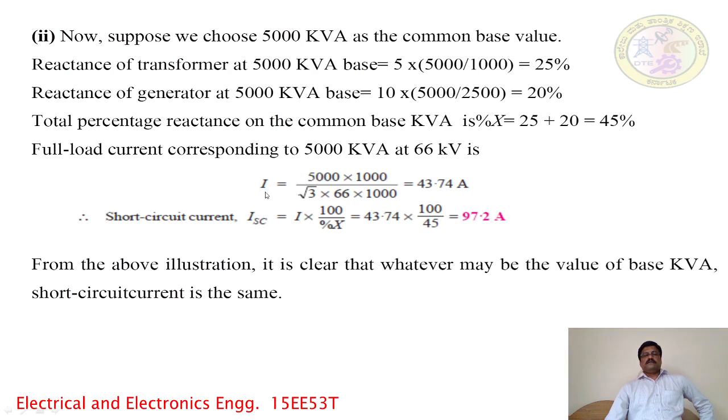Therefore I equals 5000 into 1000 divided by root 3 into 66 kV, which is 43.74 amperes. Again the short circuit current for the choice of 5000 kVA common base kVA value is